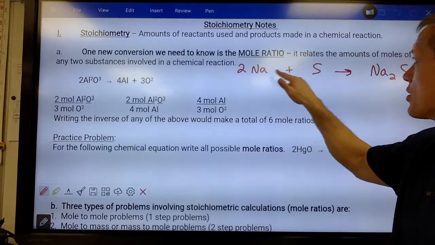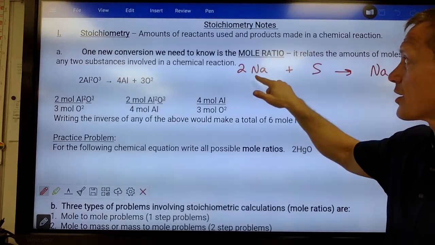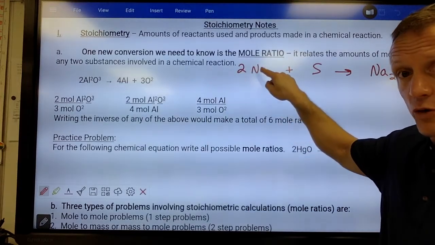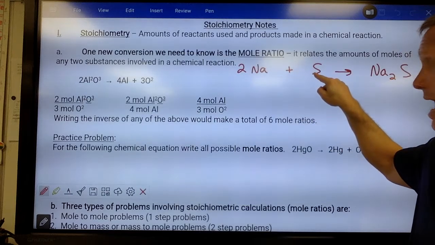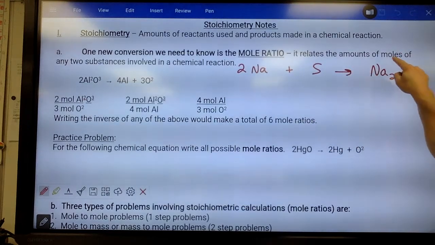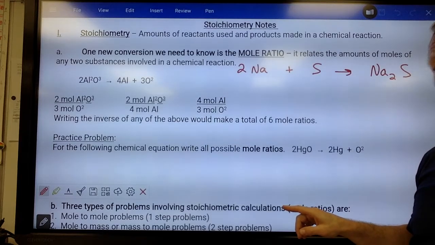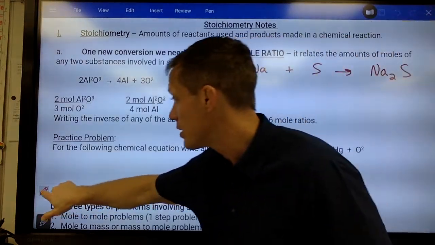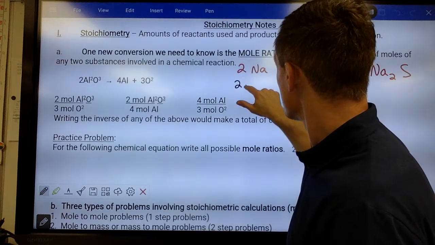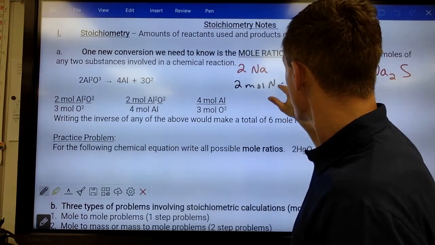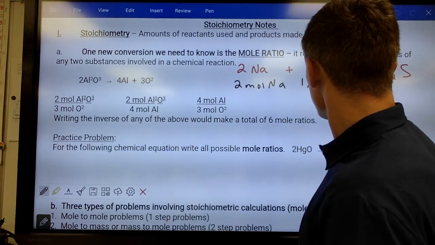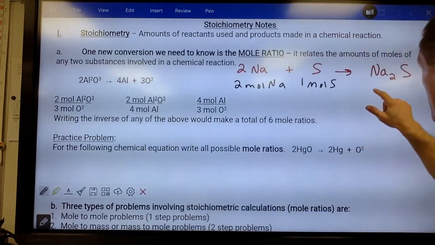And the numbers out here make a difference in this. So in this reaction, this is saying there's 2 atoms of sodium reacting with 1 atom of sulfur to make 1 molecule of sodium sulfide. That also could mean this. We could say for every 2 moles of Na, there's 1 mole of sulfur atoms, and we make 1